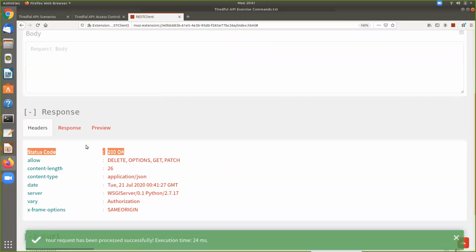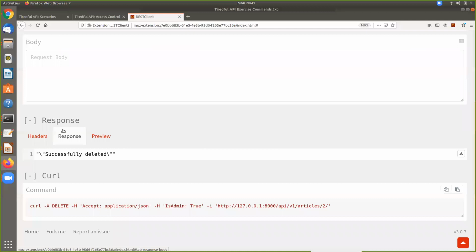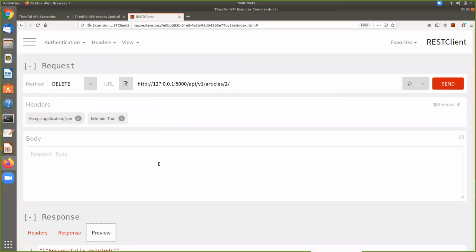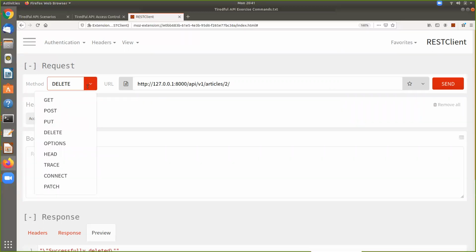And again, we get a 200 code. We've been getting that. This time though, we look at the response and it says it was successfully deleted. And if we preview it, it's going to give us the same thing. Question is, did it really delete it? Let's go ahead and just repeat the search how we were doing it just a moment ago, and it worked perfectly fine. And the only thing I changed is the method back to GET.